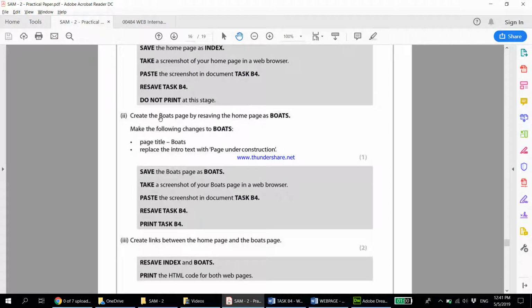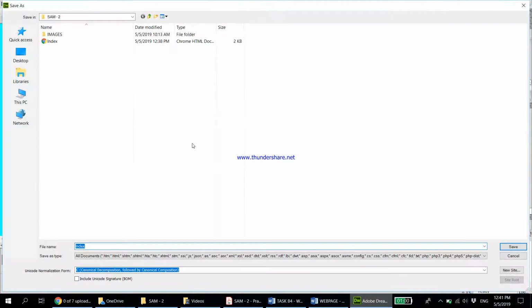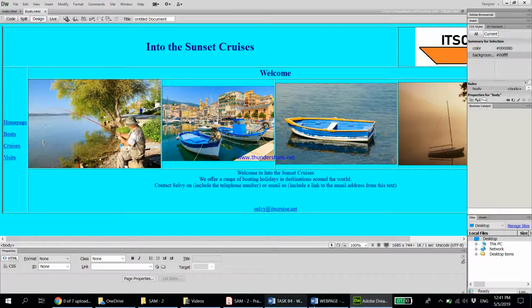Now the second one goes as create the boats page by resaving the home page as boats. So let's first do that. Resave this as boats and click save. Okay, and now we have to